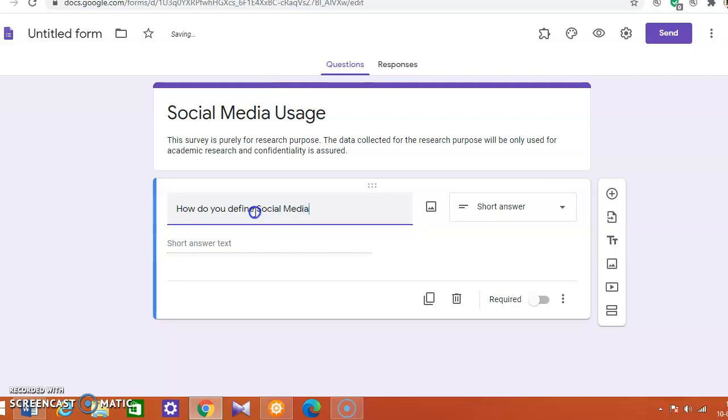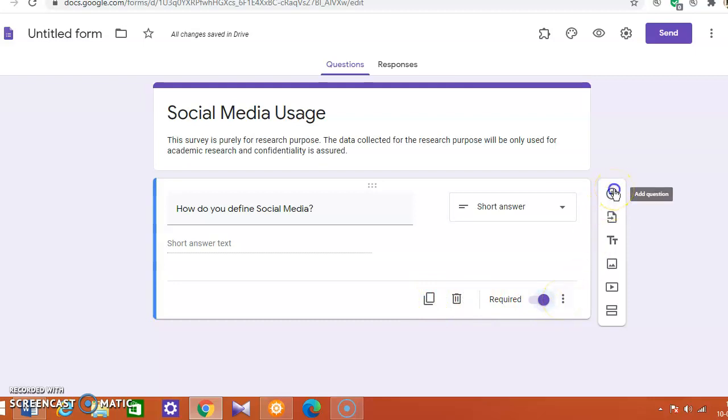And we will make this required, which means this is a compulsory question and people have to answer. If you want to create a duplicate of it, then you can use it here. Otherwise, this is a required question.